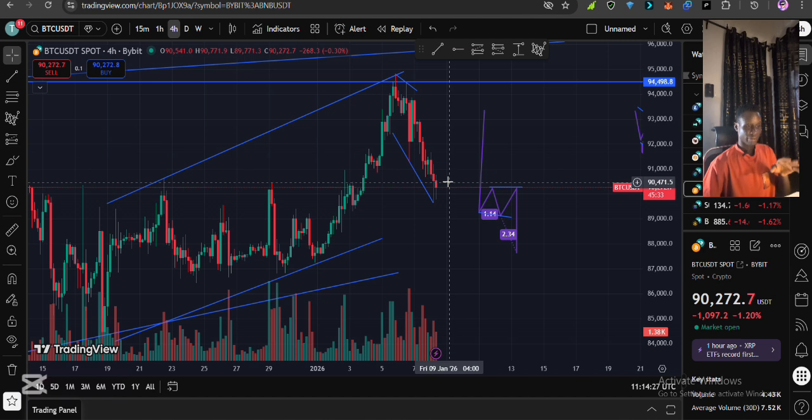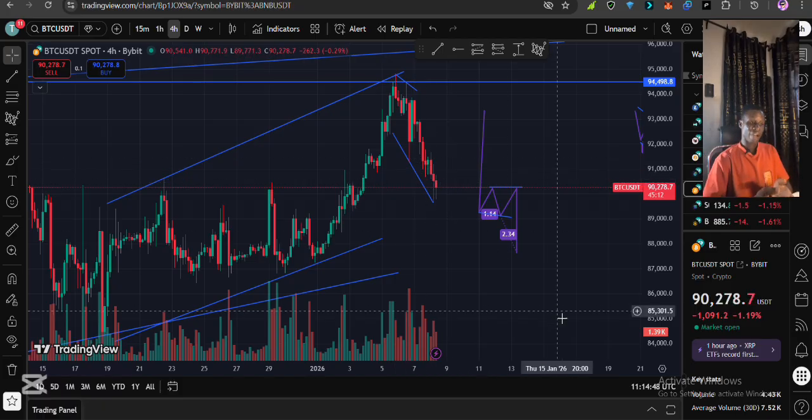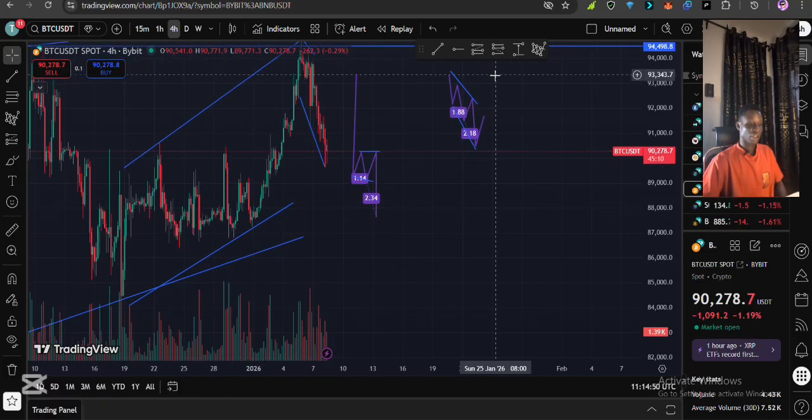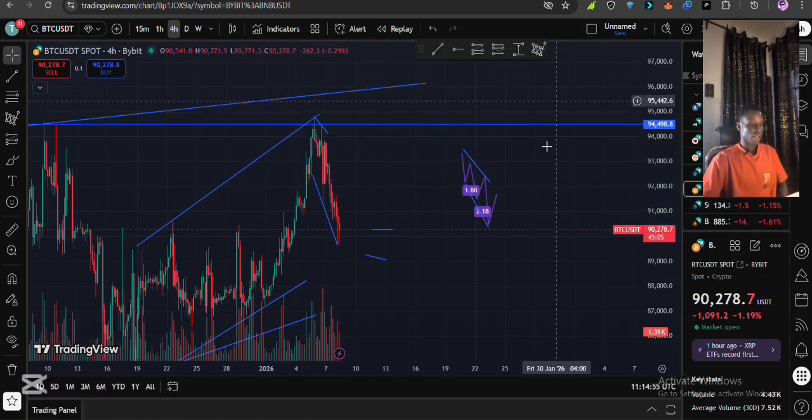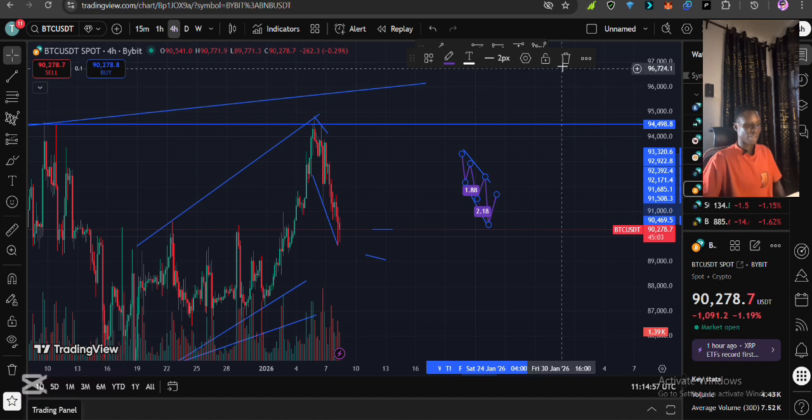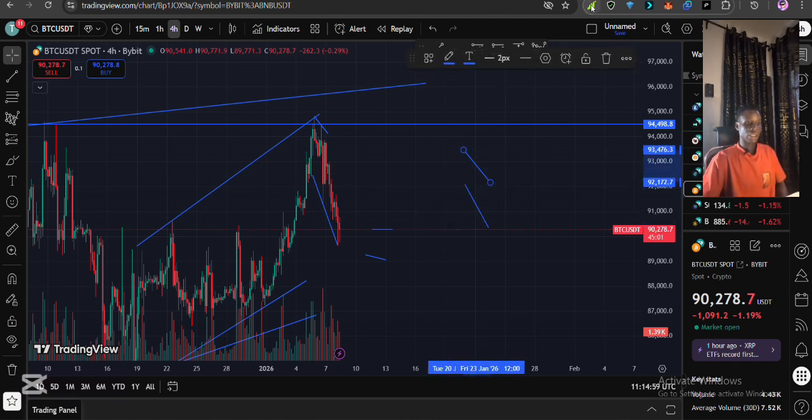You can still always catch it from there, but you will not be going all in. What I mean by going all in is you will not be risking the usual 1% you are always risking. You are not going to risk the usual 2% if you always risk 2%. You will not be risking a full 2%. You'll be going in with at least 0.5 of your capital, or let me say of your pro account balance from here. So from what we've seen so far on our 4 hours time frame,